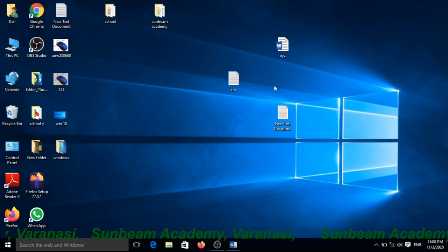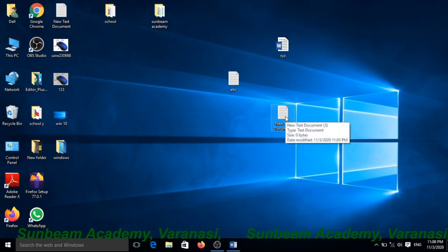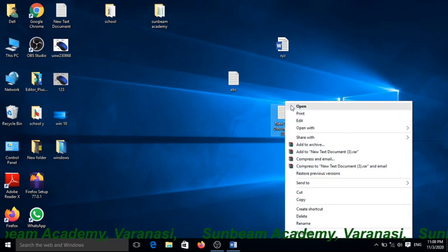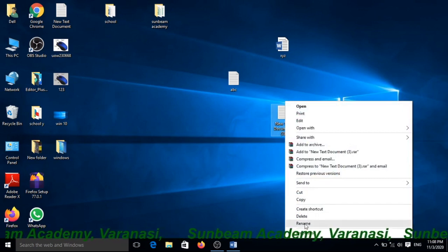Once again I want to repeat it. First select the file which you want to rename. Select and right click on it. The option will appear. Choose rename.